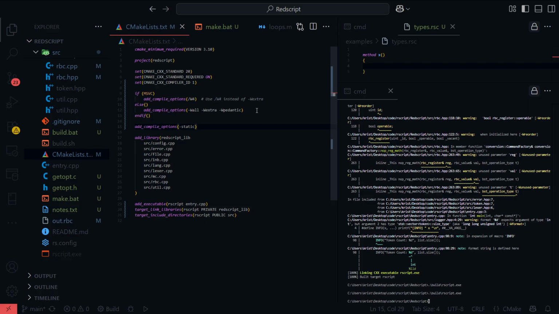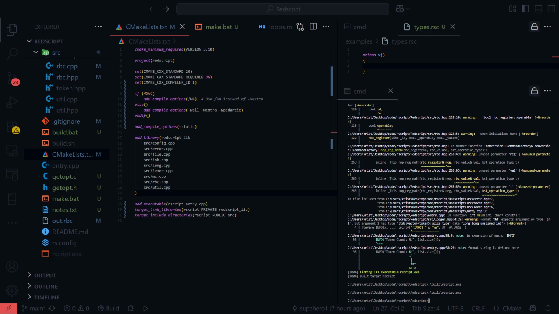Why is that happening? I mean, dash static should make it run for me, but it doesn't.